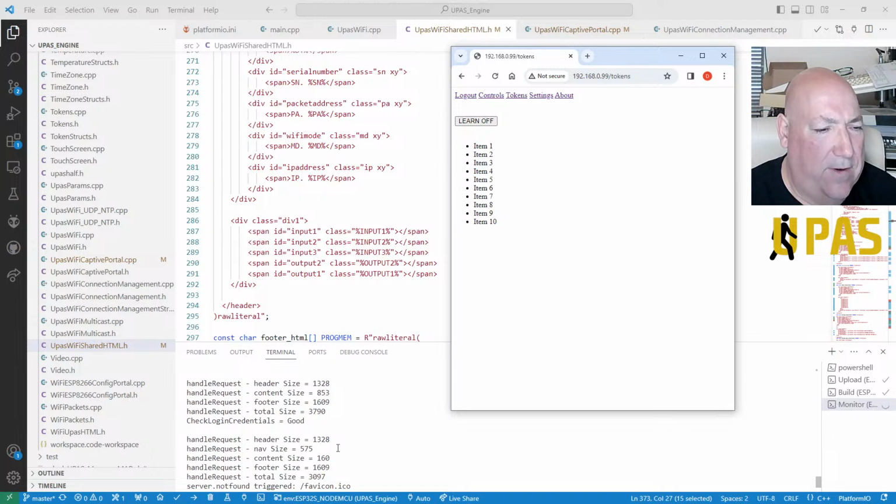The nav size 575. 575, that's a lot. Okay, doesn't matter. Right. So it's got none found.